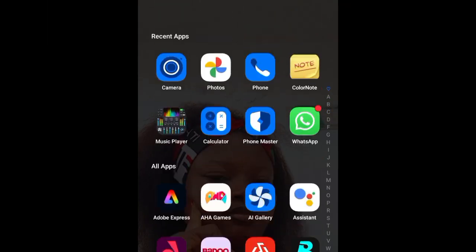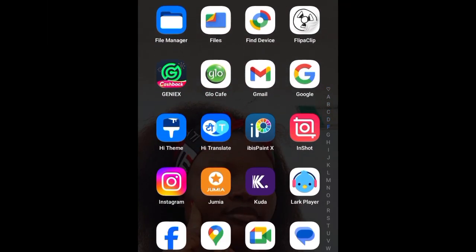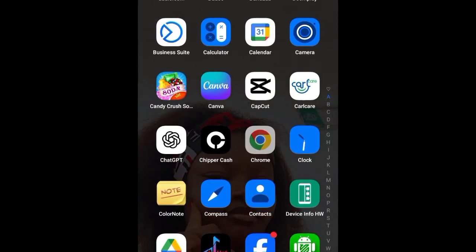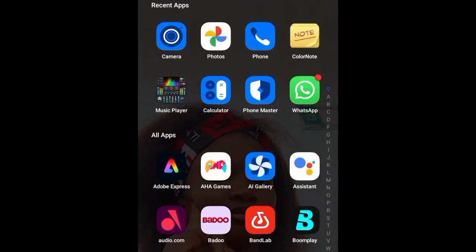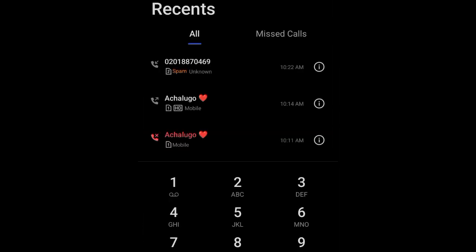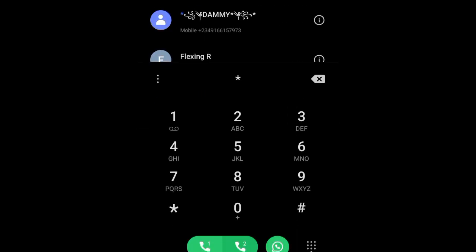Before we start, you can pick up a pen and biro so that you write all the code down because you don't want to miss it. So let's start. The first code I'm going to show you, and please don't forget this code works for only MTN and Airtel. So the first code I'm going to show you is star